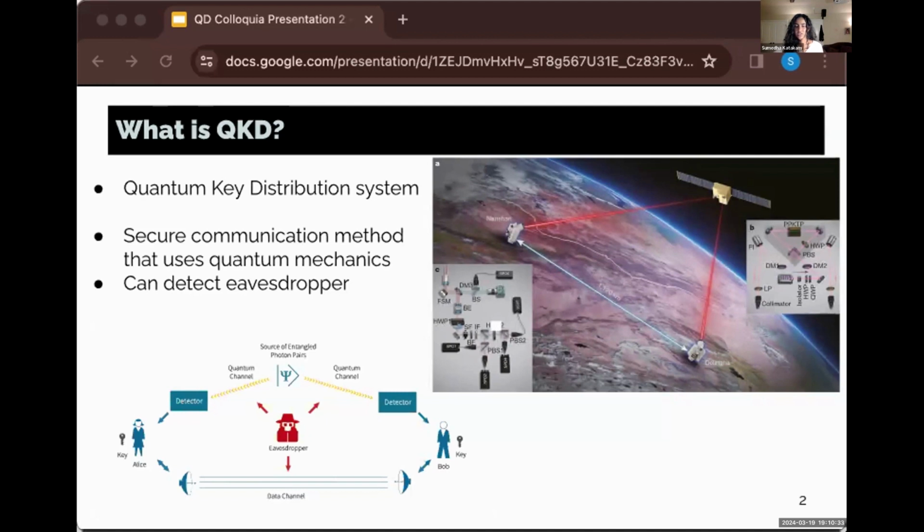Existing platforms implement quantum-resistant algorithms, which rely on mathematical complexity to ensure security. These algorithms, integrated into cryptographic protocols, play a crucial role in guaranteeing the confidentiality, integrity, and authentication of transmissions. They are designed to withstand potential threats from future quantum computers. QKD is also designed to be able to detect the presence of an eavesdropper. In an open data channel, you cannot detect an eavesdropper, but in QKD, an eavesdropper must disturb the wavelength, which can be easily detected.